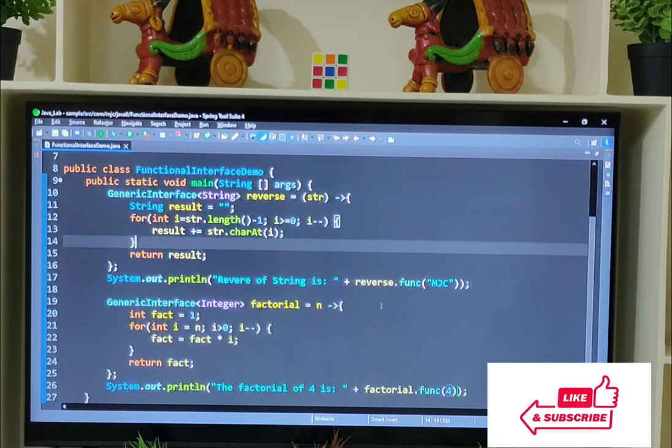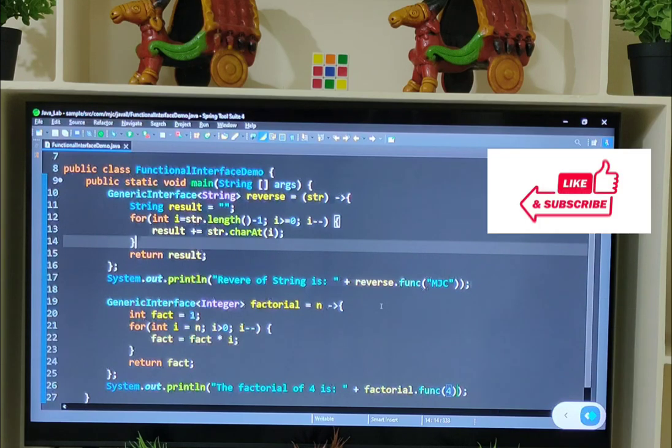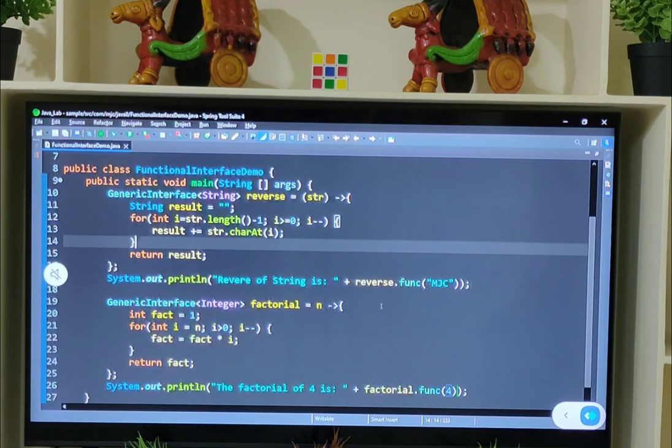And we will do some examples on how to create a thread using functional interfaces and lambda expressions. And we are going to discuss what predefined functional interfaces are, and we will learn the types of predefined functional interfaces, and we have to know what a predicate, consumer, supplier, and function are.